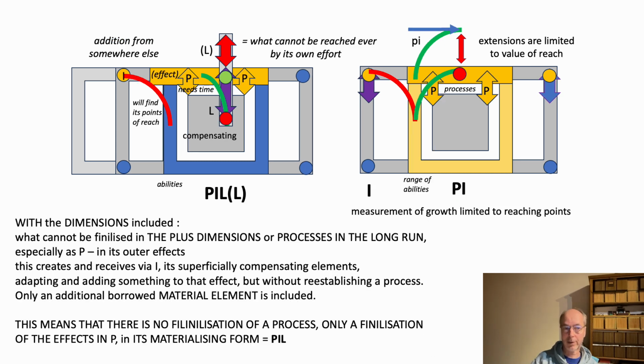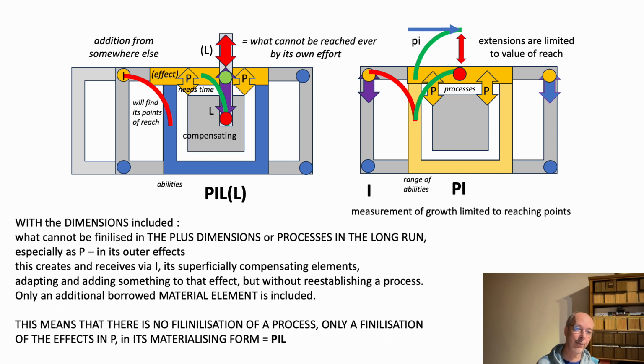So of course we need these dimensions as well. So these extra dimensions, they're compensating dimensions. So with the higher dimensions, we say we need time and we will reach a certain effect. Here it says no, we can't reach it with an E, but we will reach it anyhow by adding a new element from somewhere else, and we will compensate immediately. And that is what is felt in the material and not in the processes.